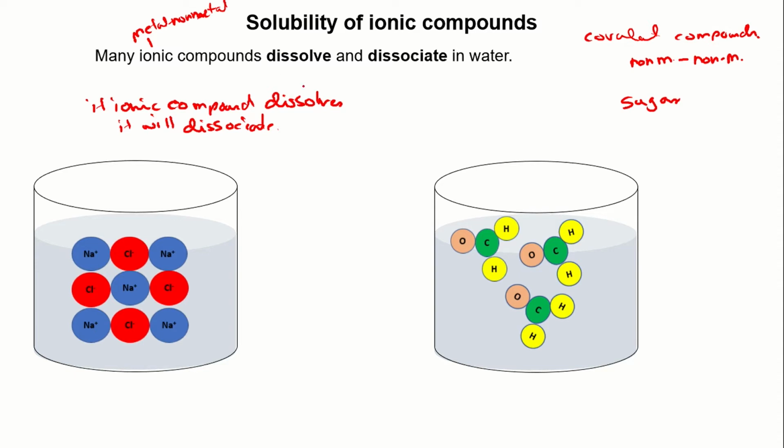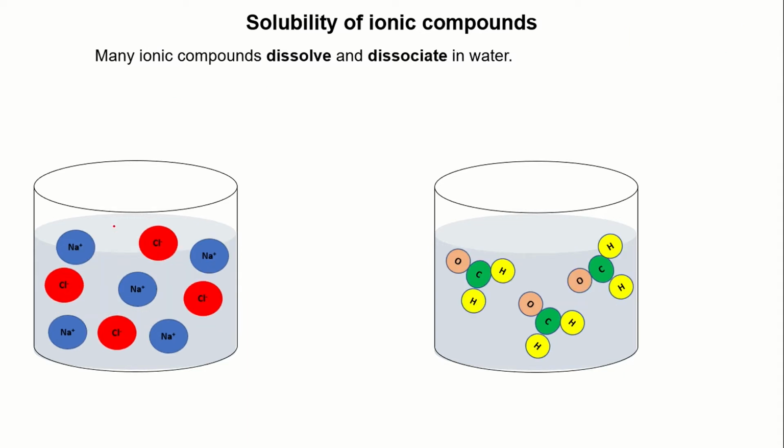So what this dissolving and dissociation mean is that in the ionic compounds, once you put them into water, the ions will no longer stay like this, sticking to each other. They will try to separate. So that is what is meant by dissociation. So if an ionic compound is going to dissolve, not only does it dissolve, it also separates into the cation and anion. While in a covalent compound,